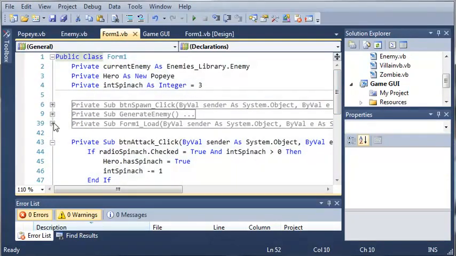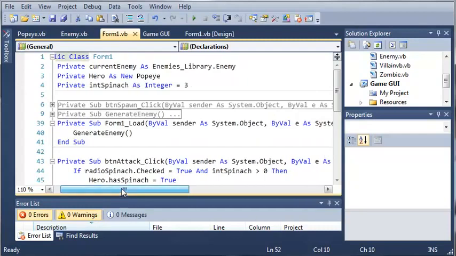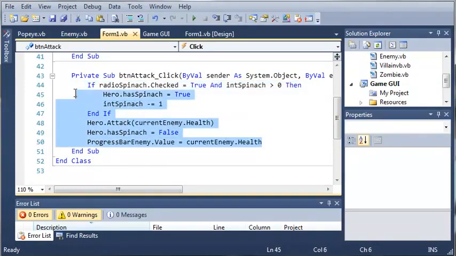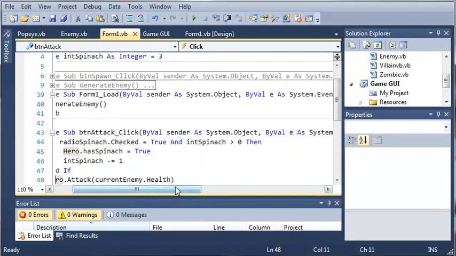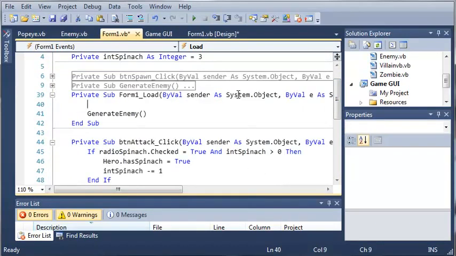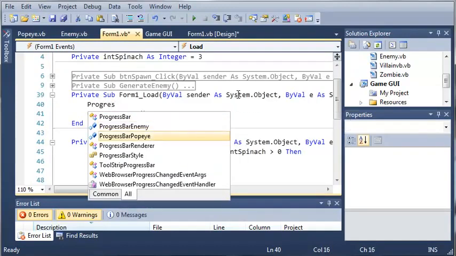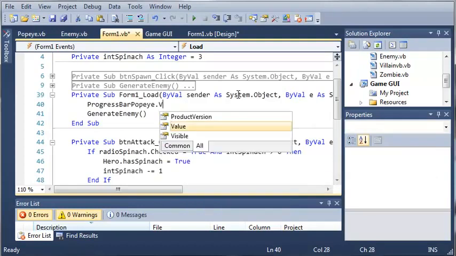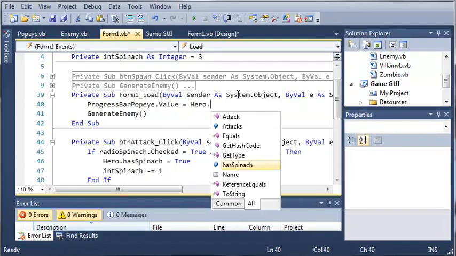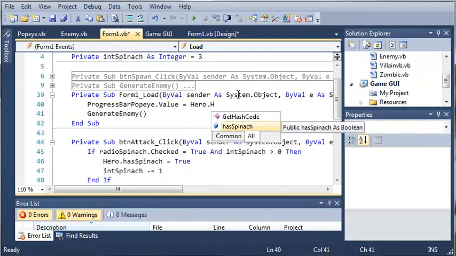In this tutorial we're going to continue working on the game. If you remember from the previous tutorial, we created the button attack event, and whenever you click attack it will attack the enemy. So let's come up here to Form1, and whenever Form1 loads we'll set progressBarPopeye.Value equals hero.Health,